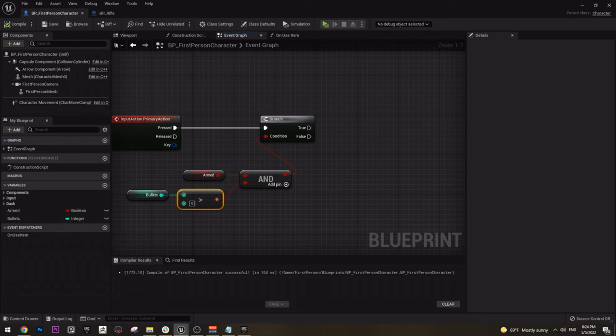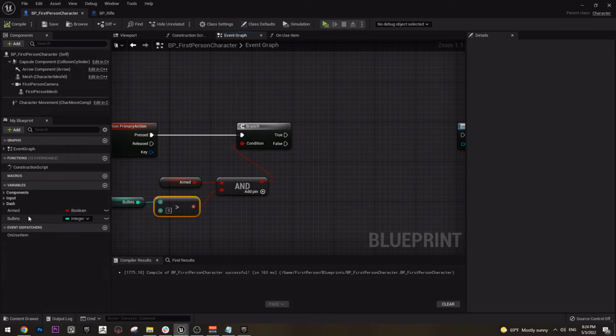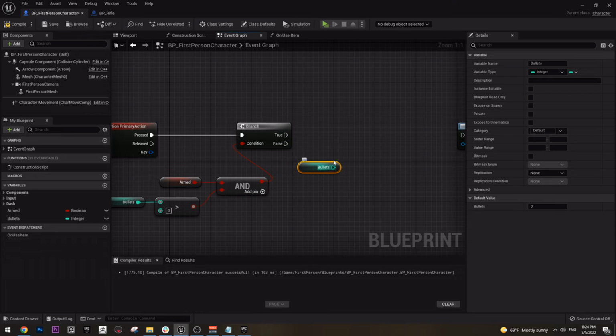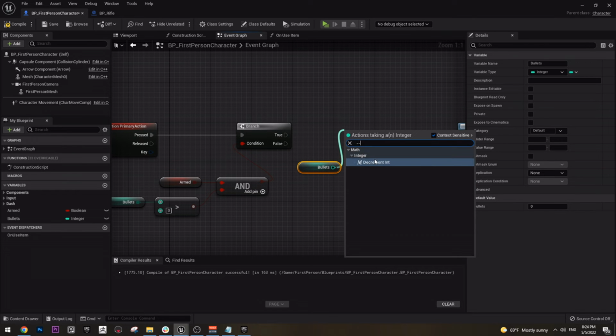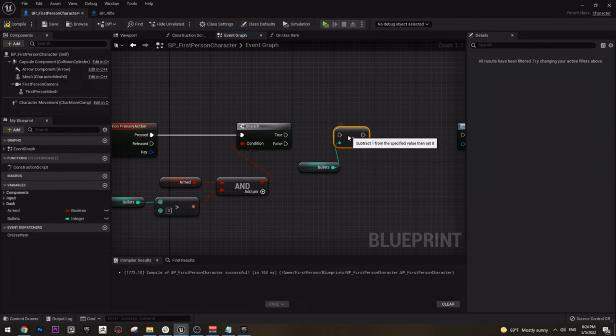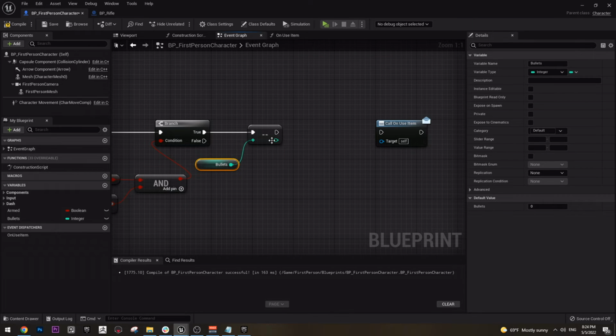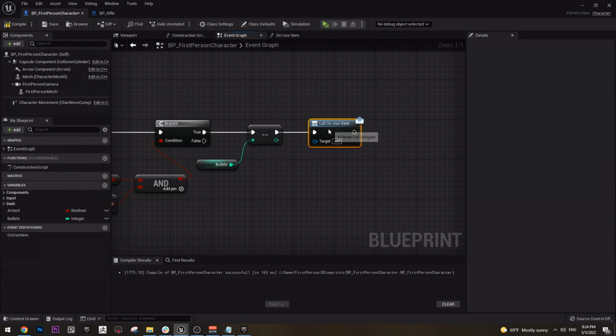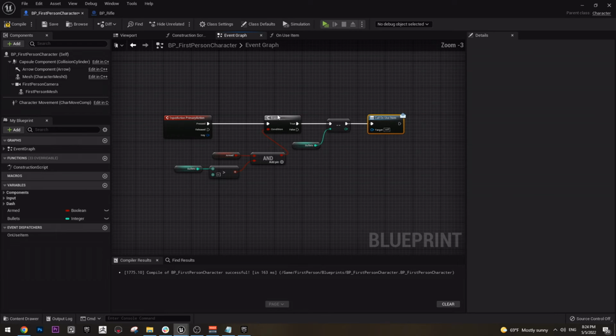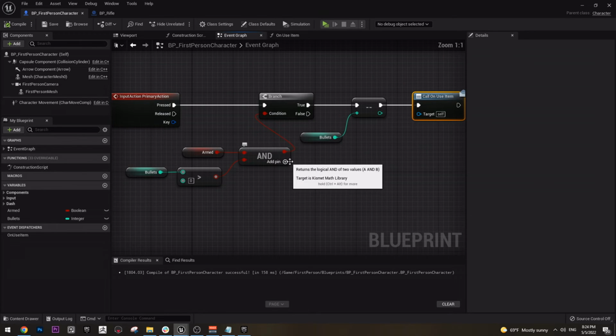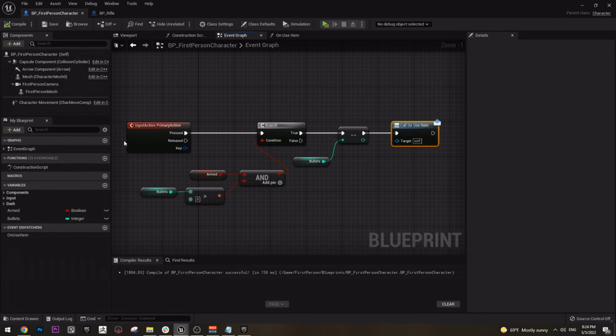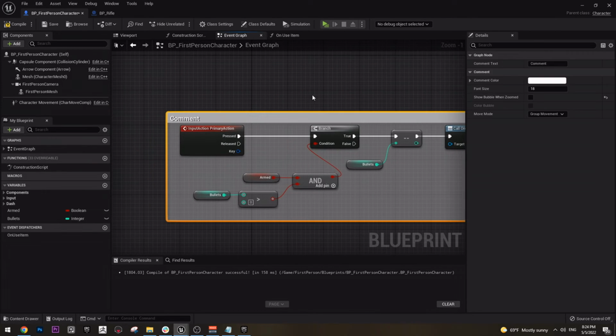And next, every time we shoot, we need to reduce one bullet. So we can get the bullet, and then we can type minus minus, which is decrement. So every time we shoot, we just remove one bullet from our total bullets. And then we connect it to the next item, and this is pretty much our system here in the first person character blueprint. Let's comment this,